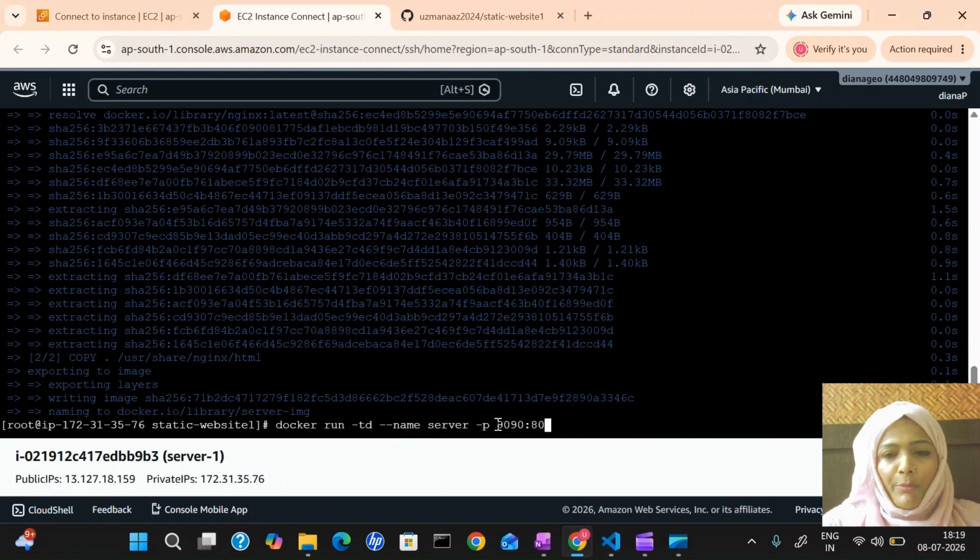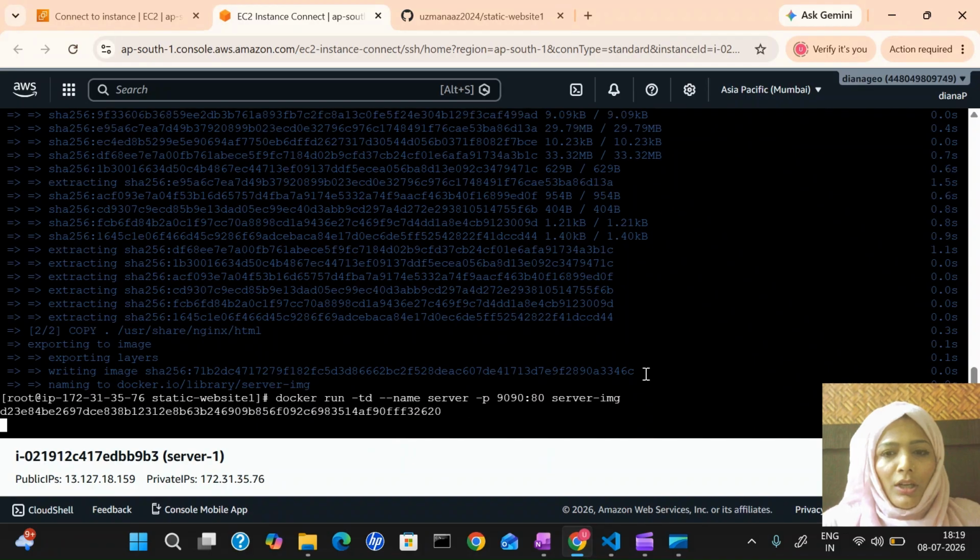This is the port of my container and this is the port of my system. I'm going to link it, and the image name is server image, the image I created.